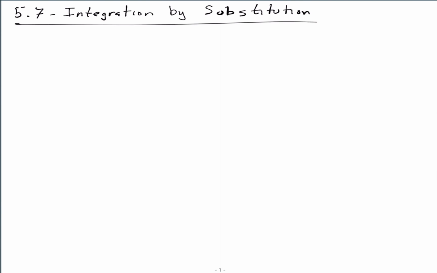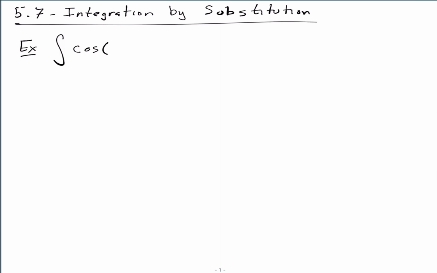Okay, so integration by substitution is kind of like the chain rule for integrating. It's not quite the chain rule because it's not as straightforward, but you use it in the same kind of ways. So we've actually done a little bit of the type of problem that we would see in integration by substitution. For example, let's say I have, just to give you a really simple example,